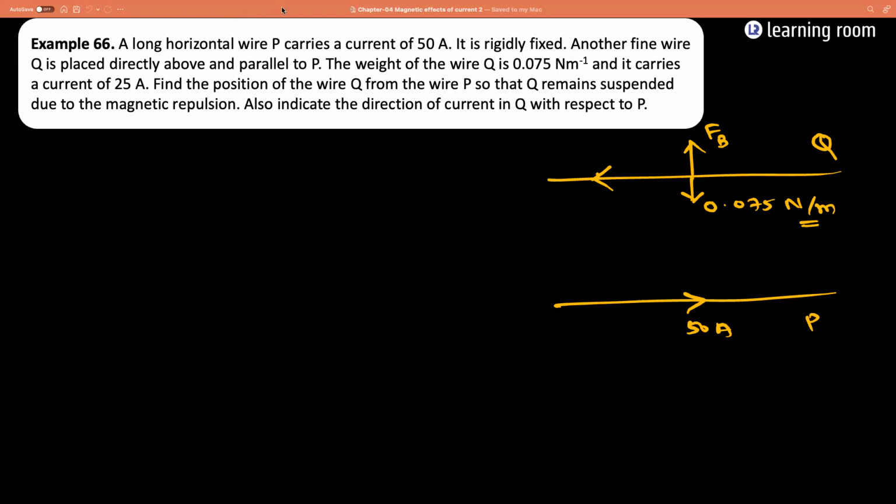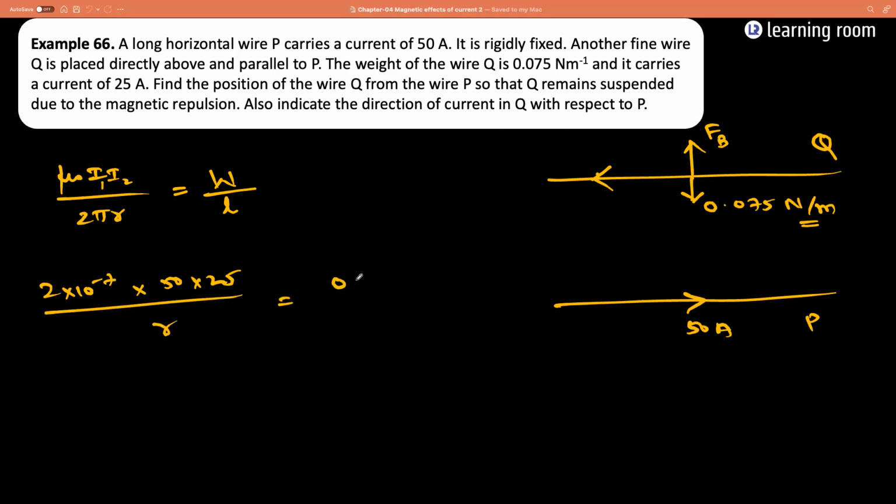Answer, guys. Mu naught I1 I2 divided by 2 pi R is going to be equal to the weight of the object per unit length. So 2 into 10 power minus 7 into 50 into 25 divided by R is what we need to calculate, is equal to 0.075, which is going to be 75 divided by 1000. So this will go 3 times. R will be equal to